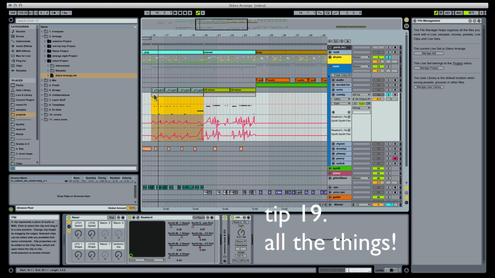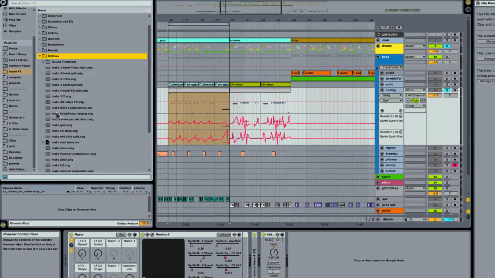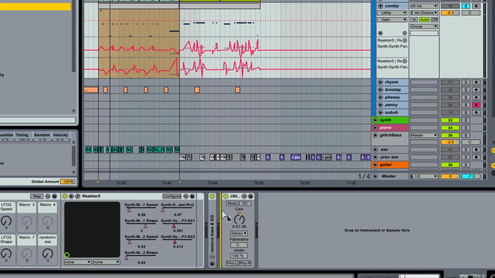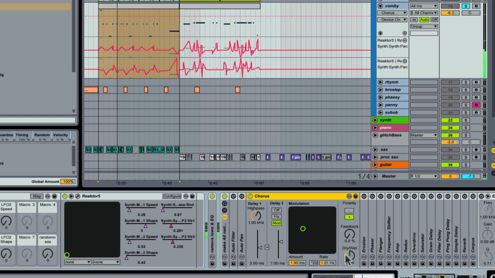Tip 19. So I like to do sound design with audio effects. And one way to make this process faster, I found, is to create a rack, and here I have a rack that contains all of the native effects in Ableton that I frequently use. And they're all turned off. And I like doing this because then it makes it easy right on the rack to just go to an effect, bring it in, automate some of the values,